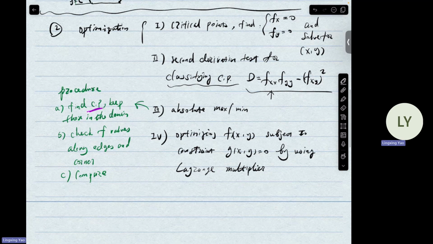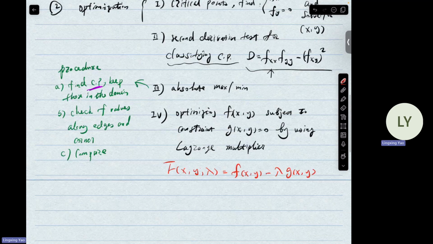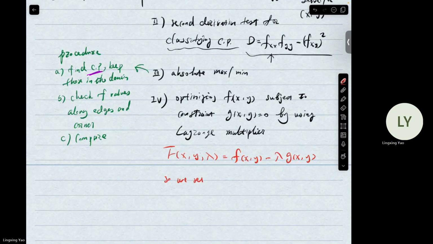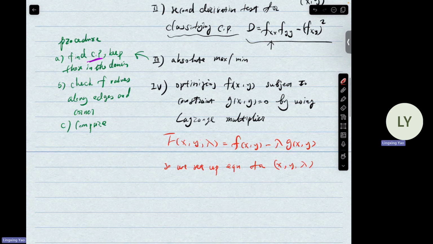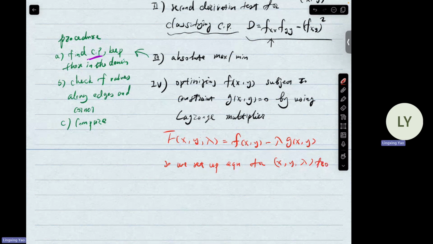Okay, so the way of doing it is to introduce this Lagrange function, which is given by little f of x y minus lambda times g of x y. And the equations we need to set up and solve for x, y, and lambda